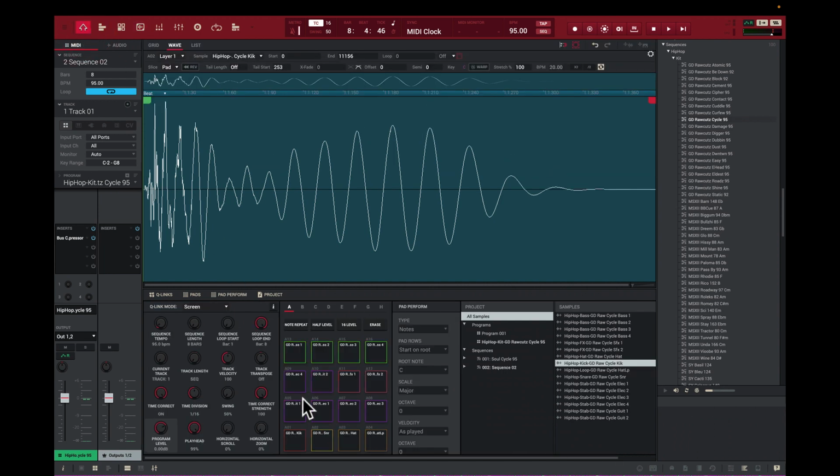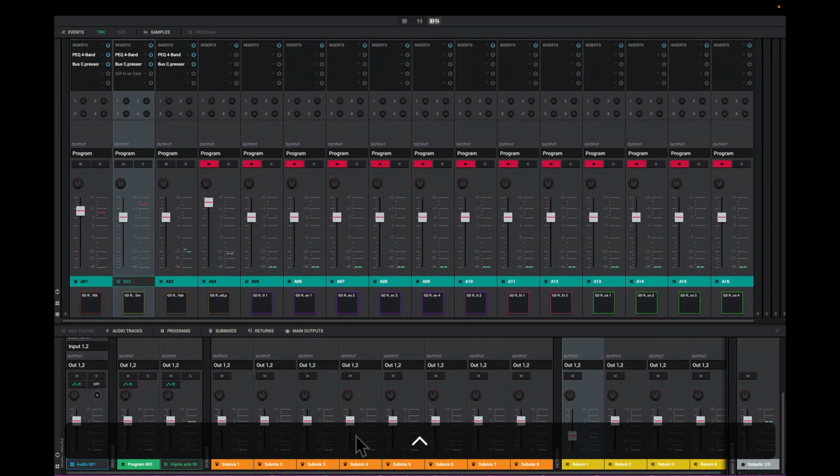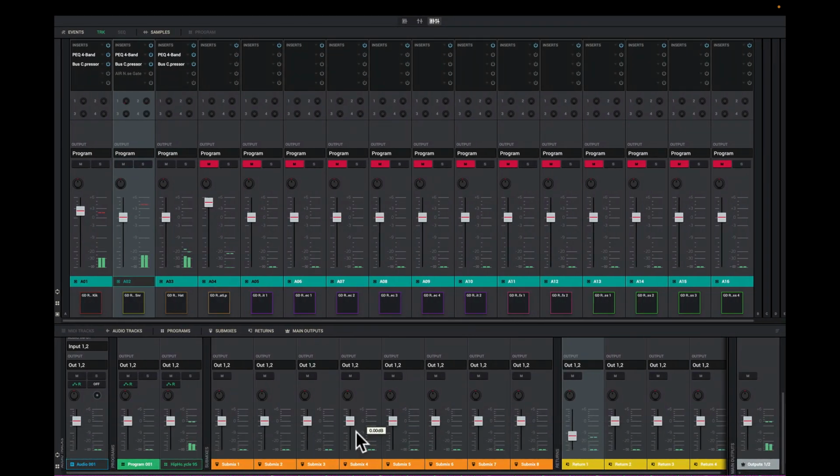How much bigger is it? How does it sound? Oh, butter. Oh, yeah. Oh, man. I'm feeling that. So let me go back here to the mixing board and play them together. And that's how I sort of adjust my boom bap when I get a sound like this when I'm mixing